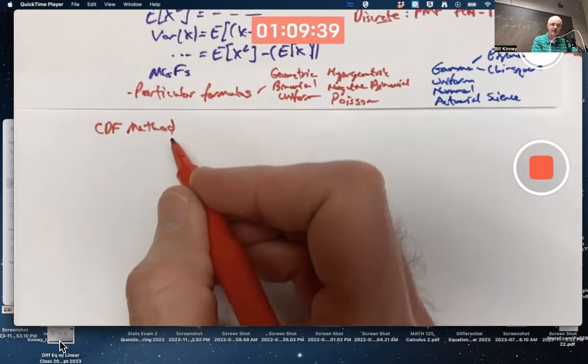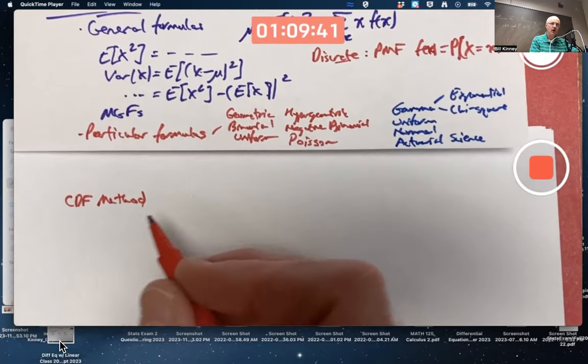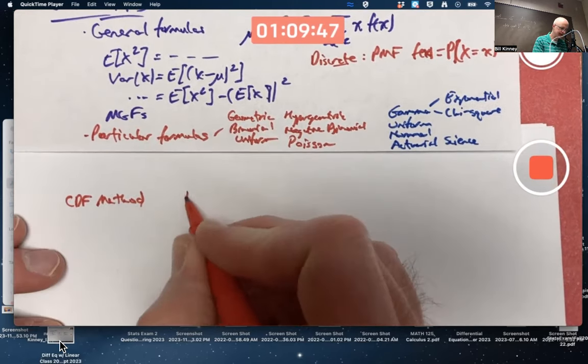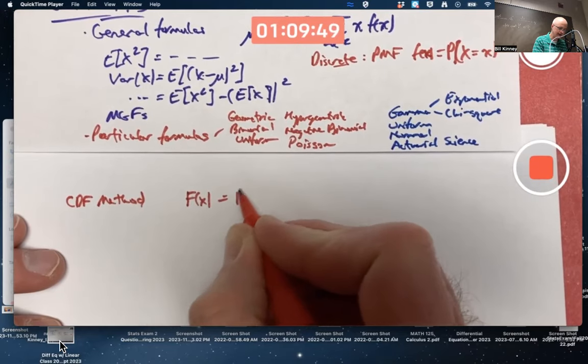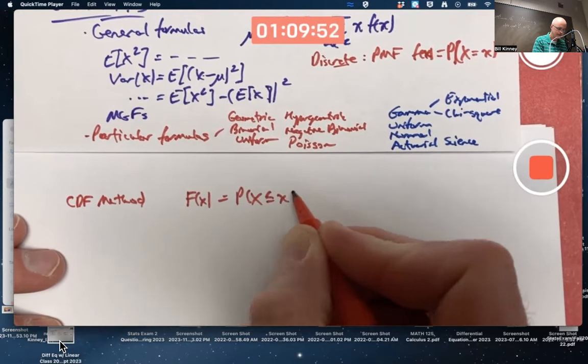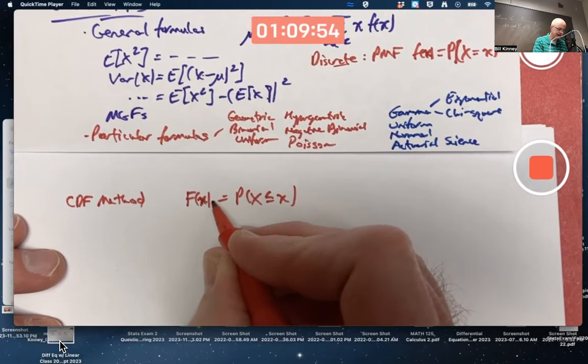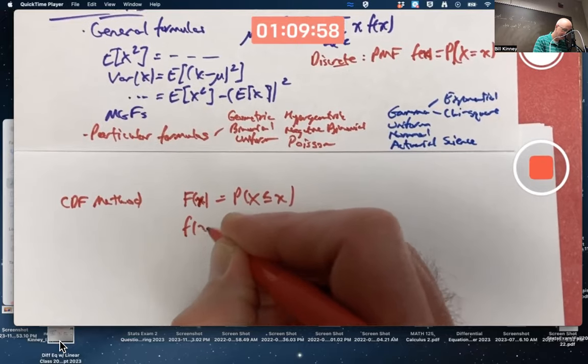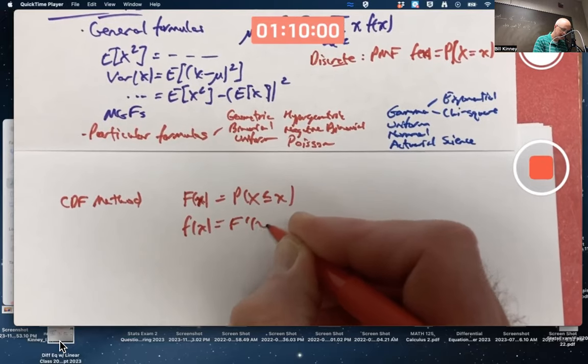What is the CDF method? The goal of the CDF method is to find the PDF, actually, in a special way. You first find the CDF, capital F of x, by doing this. And then in the continuous case, at least, you differentiate this to find the PDF. In the continuous case,